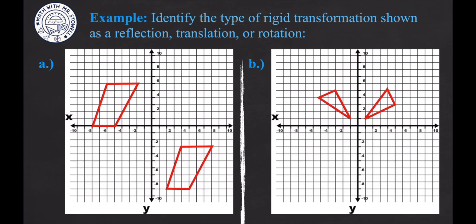In this example, we want to identify the type of rigid transformation shown. Is it a reflection, translation, or rotation? What we notice about this figure is that if we took each of the vertices and went down a certain amount and went over a certain amount, we will see that each vertex is going to end up in the same spot. In fact, if we go down by 9 and over by 10,